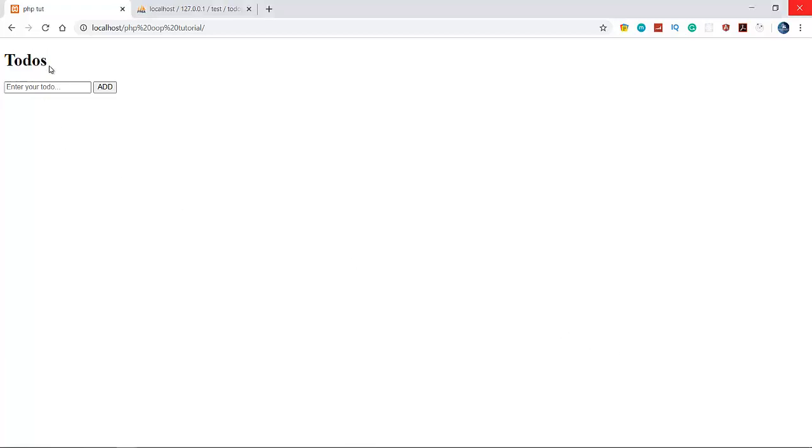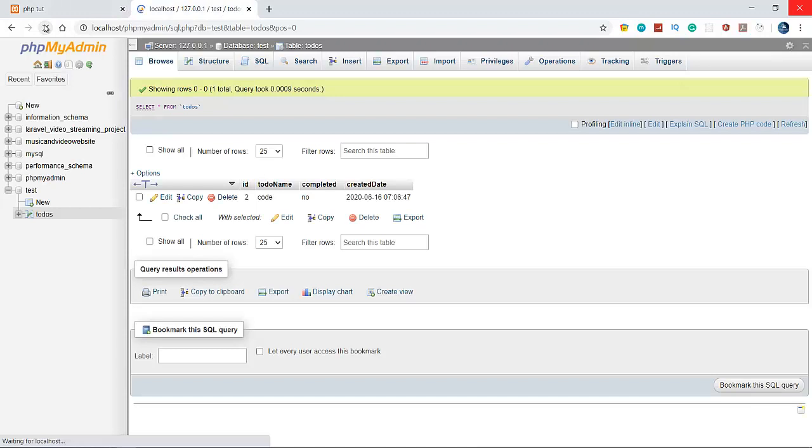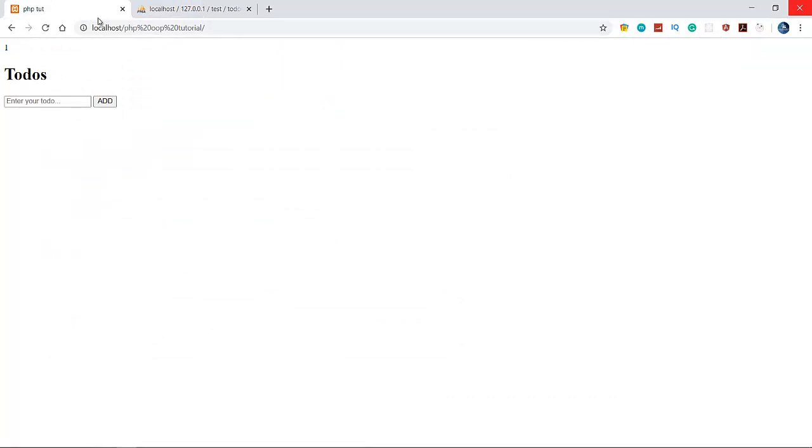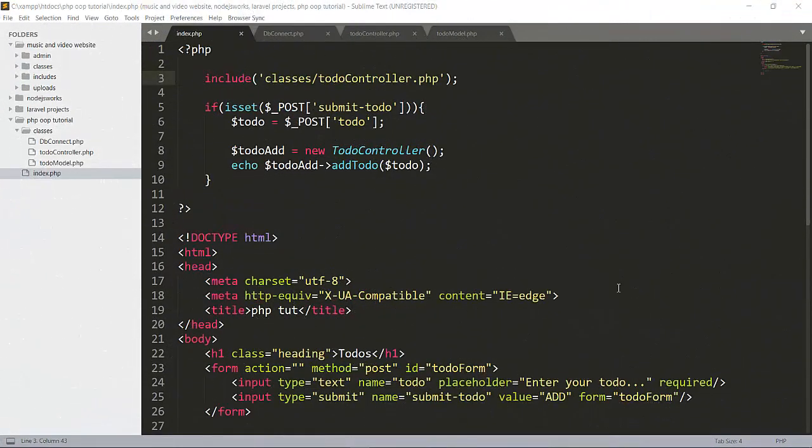See that we created our to-dos here. When I write anything here, simply I'm writing to-do coding, it will give us 1 if it is working. We made this request to our controller, and then that controller makes a request to our model, and the model connects with our database and adds the data into our database here. Our coding is there, and we use PDO here. Let's move to our coding section, and I will tell you what we did previously, and then we will move further to make the view.